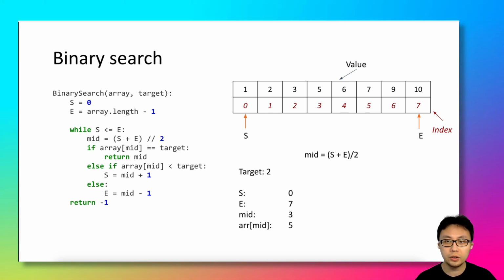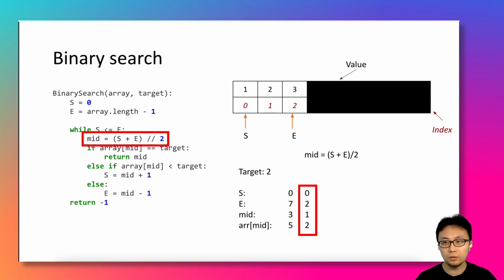So the starting index s and ending index e are initialized to 0 and 7 respectively. The middle index is calculated to 3. The corresponding element of the middle index is 5. 5 is bigger than the target. The array is sorted, so all the elements coming after 5, they would also be bigger than the target. There's no need to compare them to the target anymore. As a result, we will go to this line and update e to mid -1,